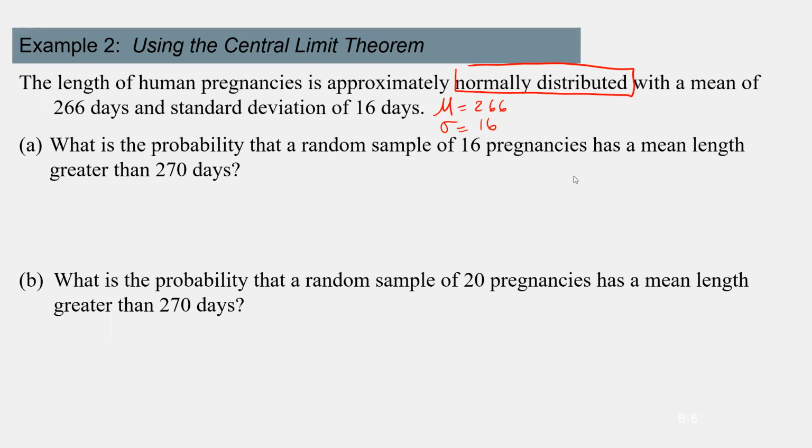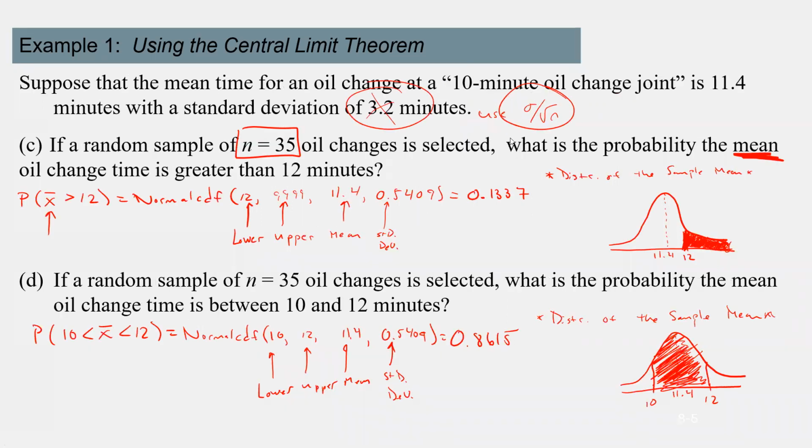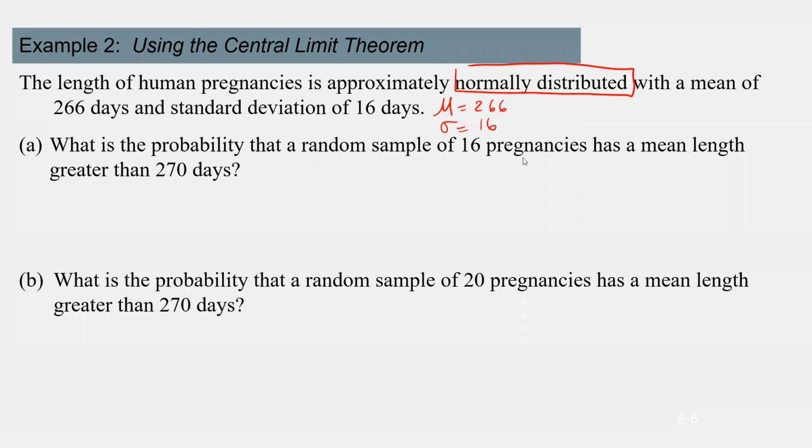All right, so here's the first question. What is the probability that a random sample of 16 pregnancies has a mean length greater than 270 days? So this is weird, okay? Can anybody tell me what's the giveaway in this that I'm going to need to use this formula here, sigma divided by the square root of n? The normally distributed part? That doesn't, okay, first off, it's a sample size of 16, and then it asks you the probability that a mean